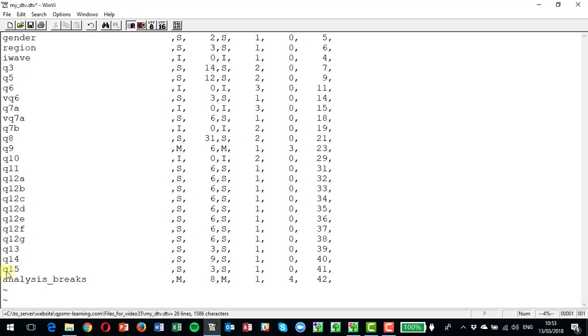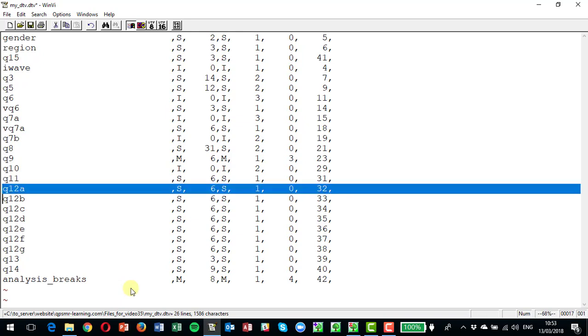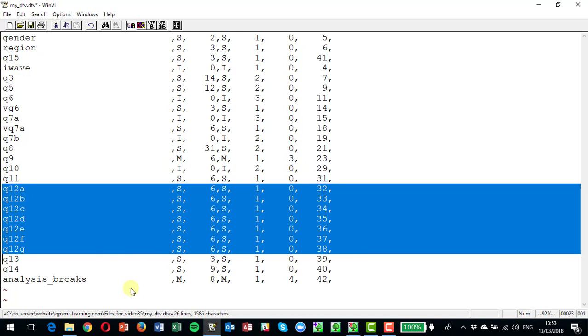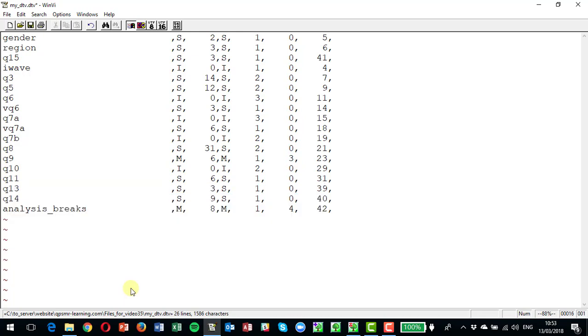Let's say I want question 15 at the top, because that's an important question. I can just move that to the top. Maybe I want to hide questions 12A to 12G from the recipient of the data. I can just remove them. All these things over the right hand side here tell you what type of variable it is, and if you were to output to an ASCII layout, where the data would end up in the data record. That won't be true now that I've moved the order, but it would have been true before I changed the